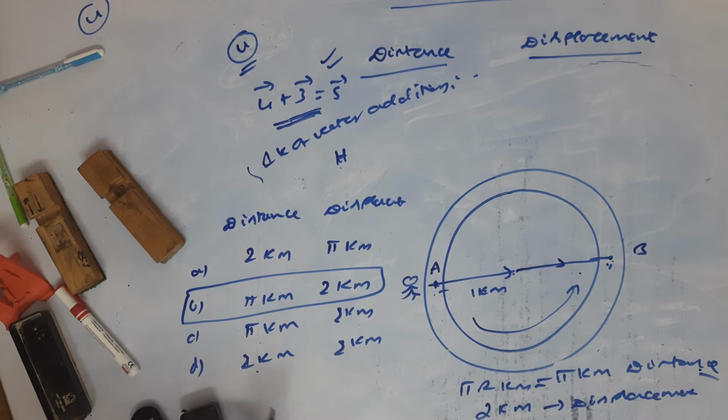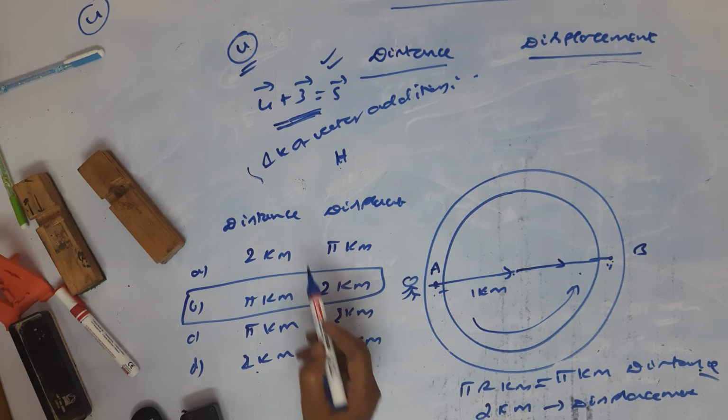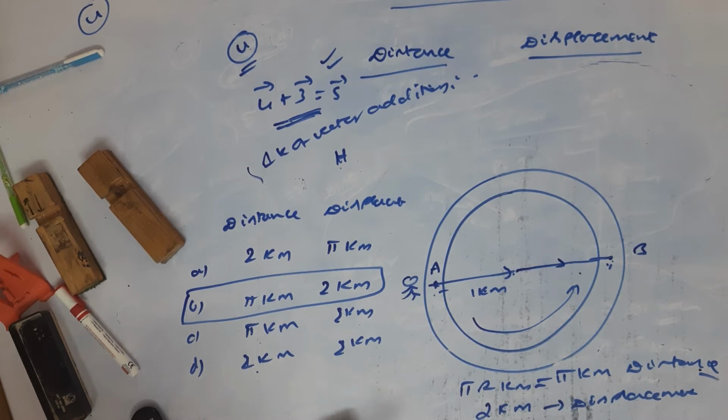Okay, now can you tell me, in this case, which of the following options is correct? So I will give the options like this. Look, I will give options. You try to answer this, otherwise distance and displacement will not be understood. So the options are: they are equal, greater than, less than, none of this. Come on, you answer this. This is distance, this is displacement.